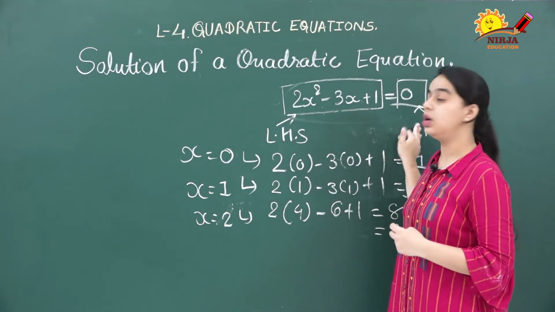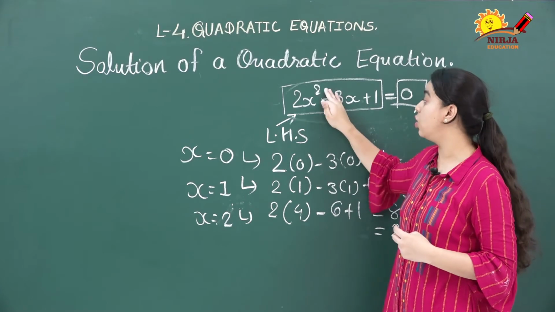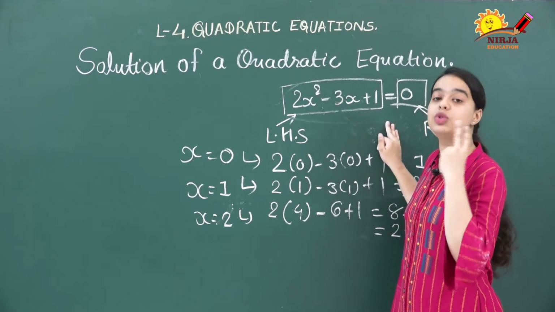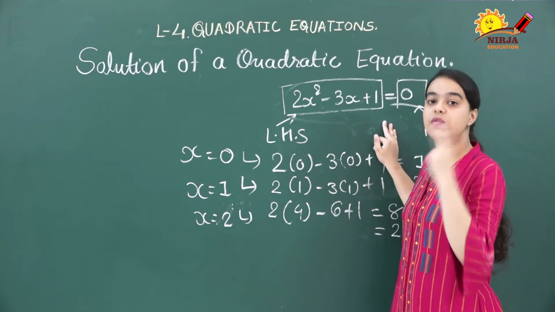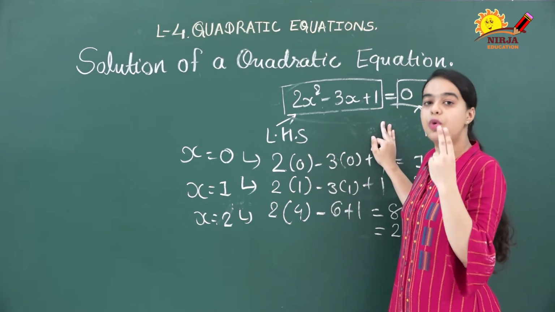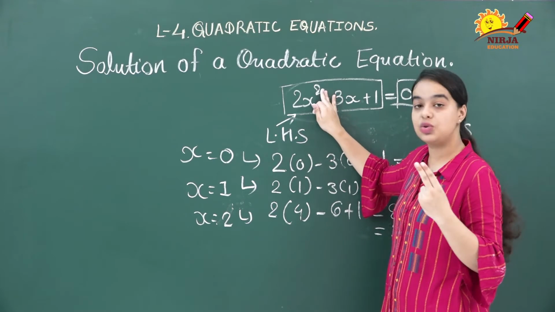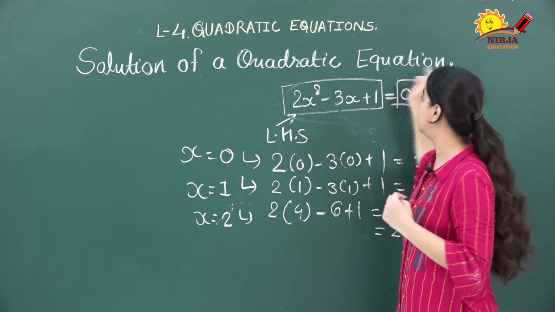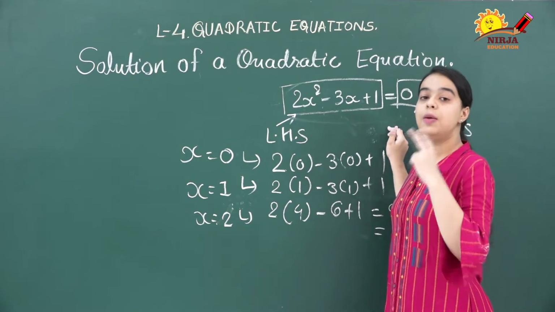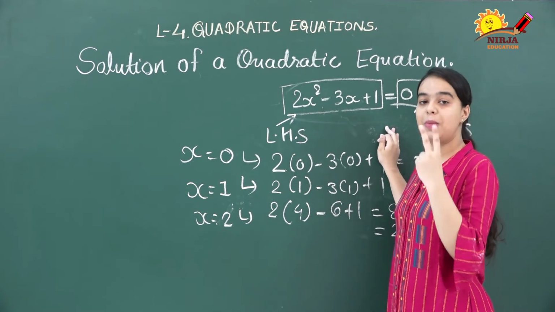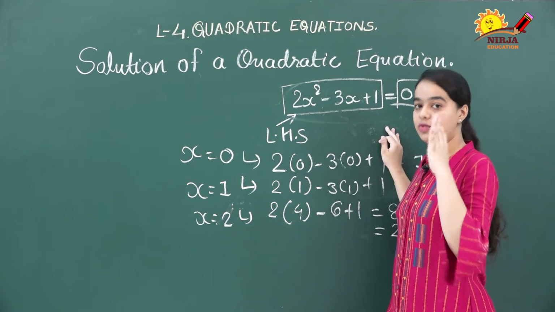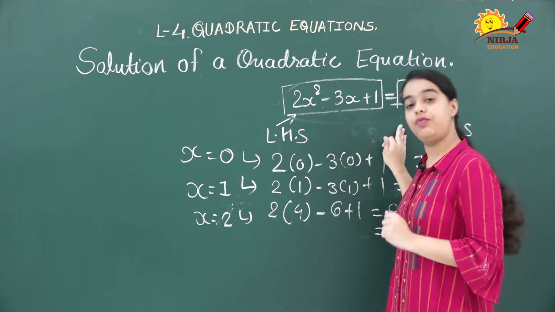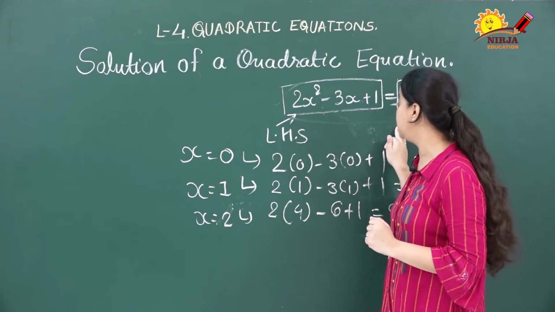And my dear students, this is a quadratic equation. So a quadratic equation has a maximum of 2 solutions. That is also something we have discussed in our chapter polynomial. A polynomial with degree 2 can have a maximum of 2 solutions. In the same way, a quadratic equation can also have a maximum of 2 solutions. Maximum means it can have either 0, 1 or at most 2. So now we all know what we mean by solution.